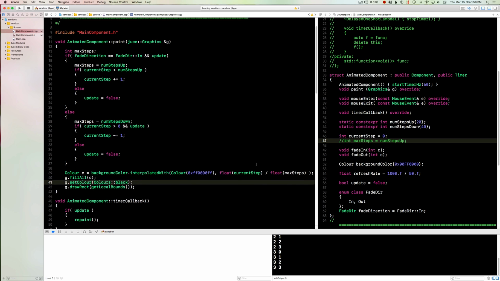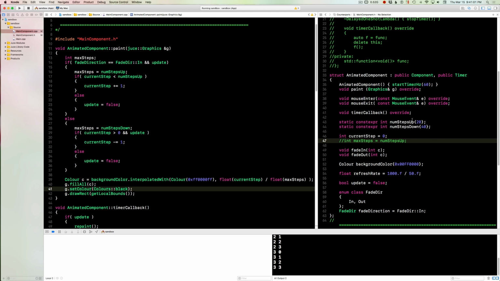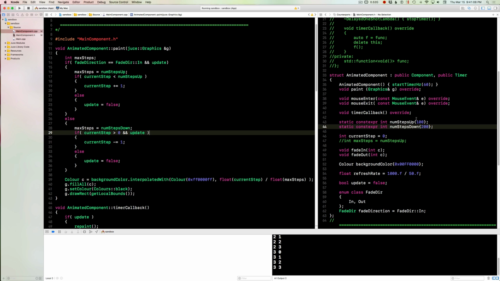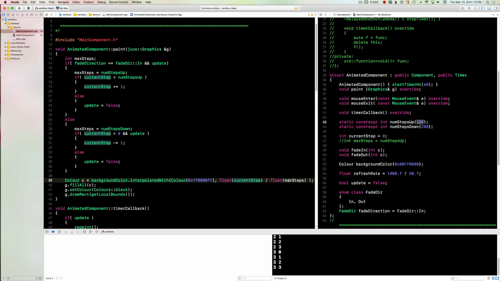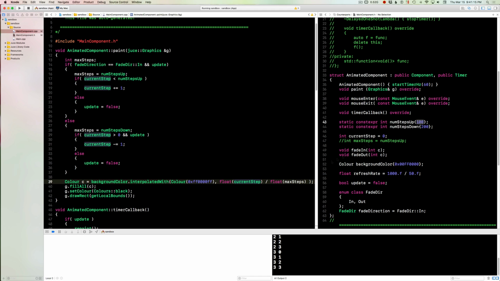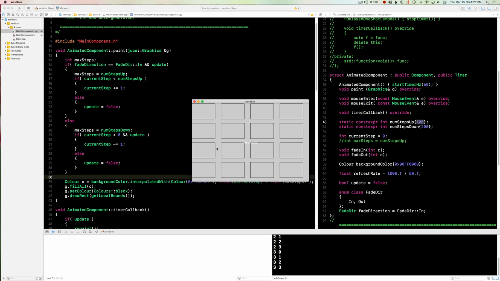that means, you'll notice, say I set this to a really long value, like say number steps up is 100, and this is 200. Okay. So what that means is I want this to take 100 steps before it is fully faded in, and I want it to take 200 before it's fully faded out. Now, let's just take a look at what that looks like. Okay. Now, what that means is it takes a really long time for it to fully fade in, and it takes even